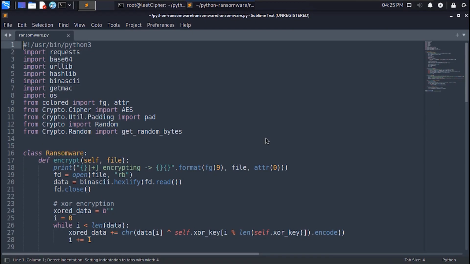We will start by importing some modules here. The requests module to send the keys to the command and control server, the base64 module to base64 encode all keys before sending them to the server, the urllib module to URL encode the base64 encoded data before sending them, hashlib to calculate the SHA-256 sum for the AES encryption key, binascii to hex encode raw bytes, getmac to